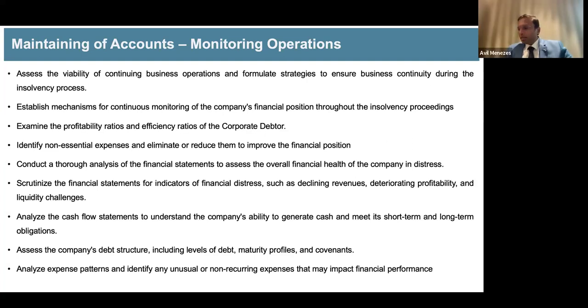So, monitoring operations. Now, as far as maintaining of accounts is concerned, CIRP related expenses, going concern, if the company is going, that's a very important aspect for us IPs, because most of the time we've seen that CIRP costs do pile up because the companies are making losses because of fixed overheads, because of operations being unviable, because of continuous breakdowns, or because you're not able to pay salary. There are frequent strikes, there is a drop in productivity. There are so many things which keep on happening as far as operations are concerned.